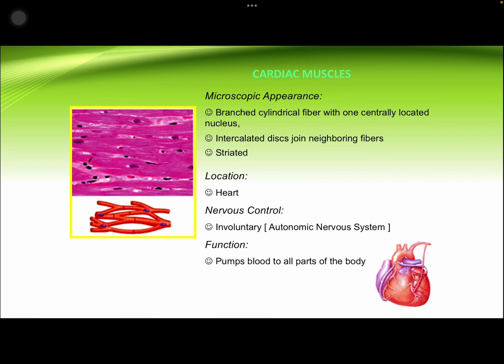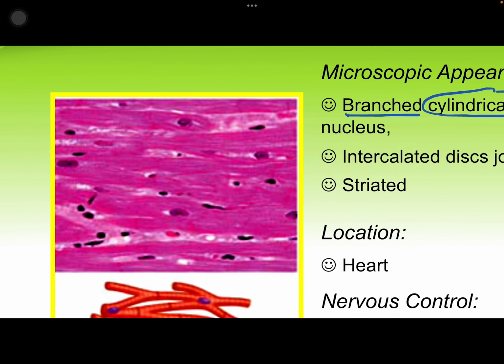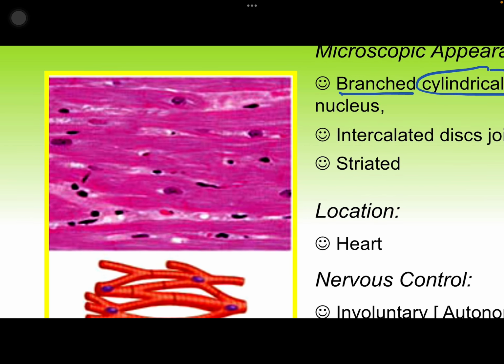Next, we have the cardiac muscles, which are branched cylindrical fibers with one centrally located nucleus. Here, we can see that they are cylindrical also, but they are branched. For example, this one has a branch to this one, and it goes continuous like that. This muscle here is a branch of this one whole muscle, which also branches out to the sides. And the nucleus is located central